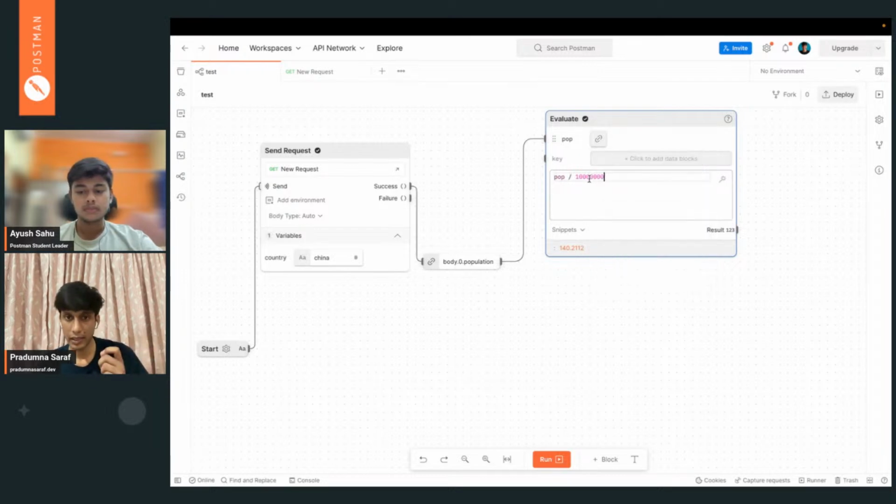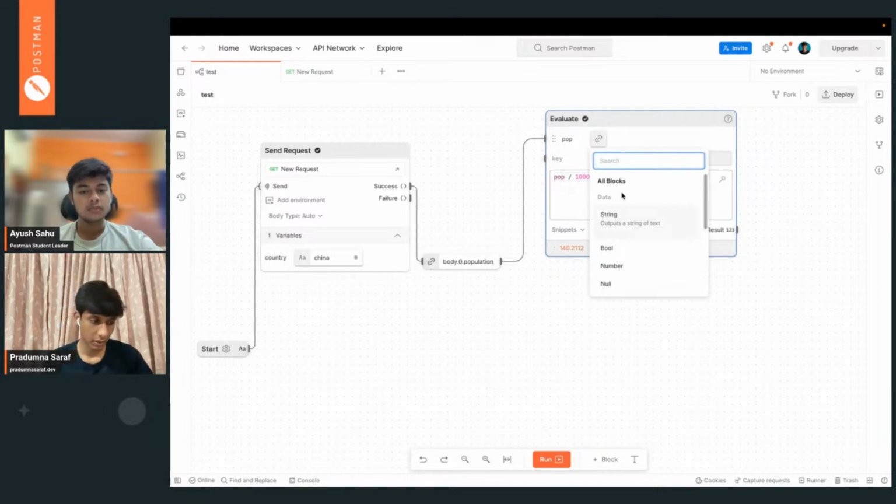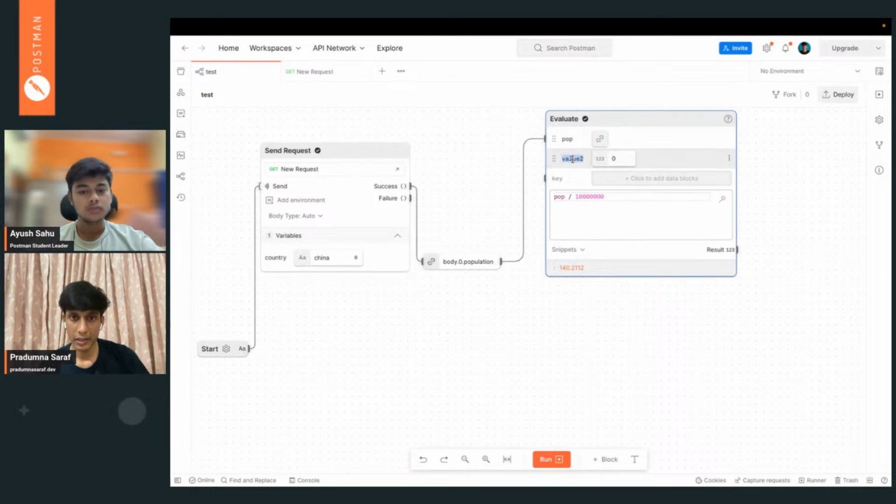For example, if you are dividing by 1 crore, but at the end you want to add 150 extra, we will just use number. And you can see, we can just change to number, and we can literally add that as num.